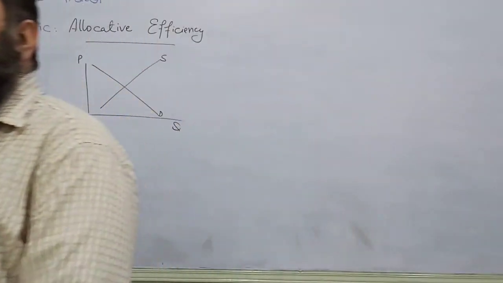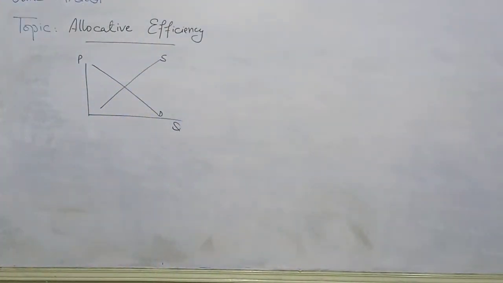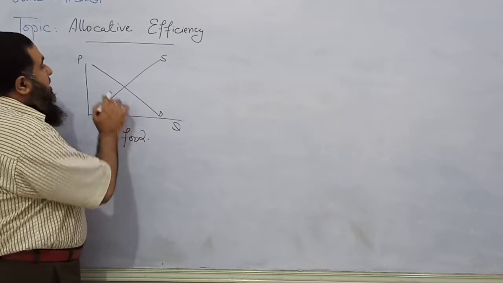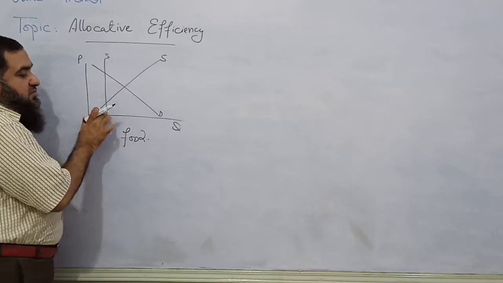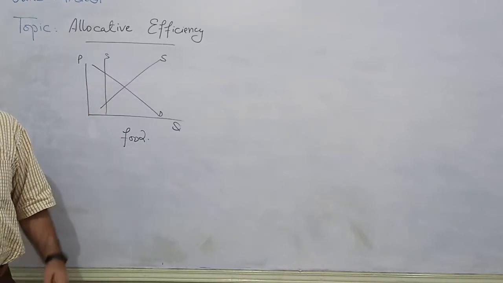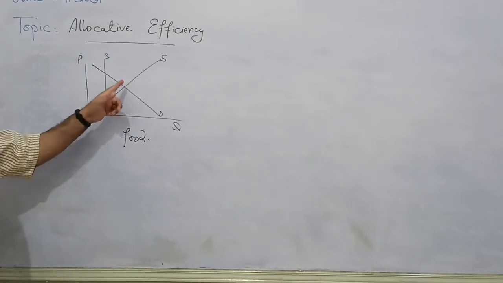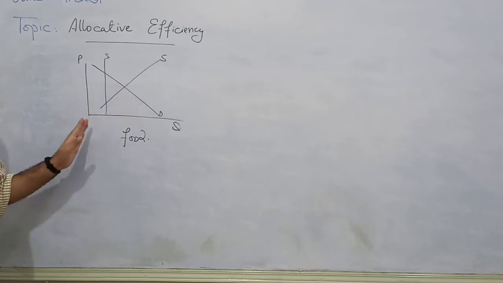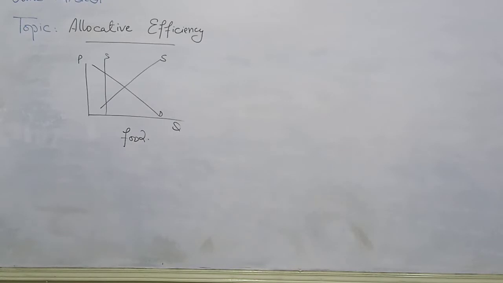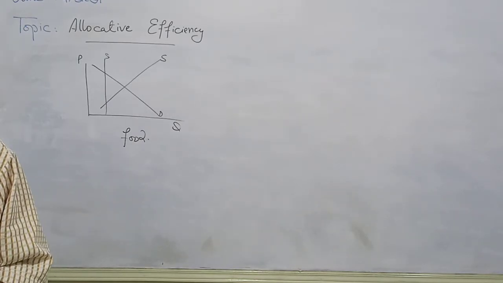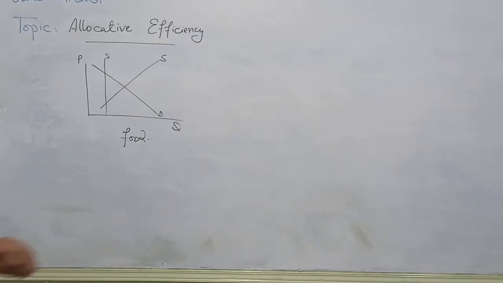There can be a reallocation of resources. Some goods are being produced in more quantity. Suppose this is the food market in which we have a shortage of food. Only less supply of food is available. Okay? Rather than equilibrium, we have less supply of food. So there is going to be under allocation of resources. This market is showing us a disequilibrium condition. It is not going to have the right allocation of resources for the food item.